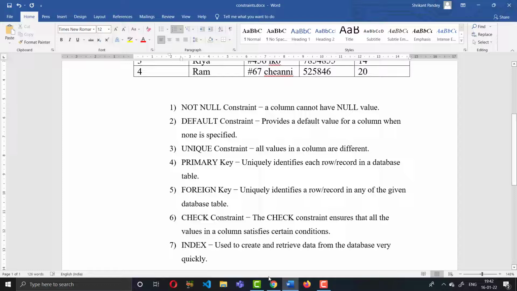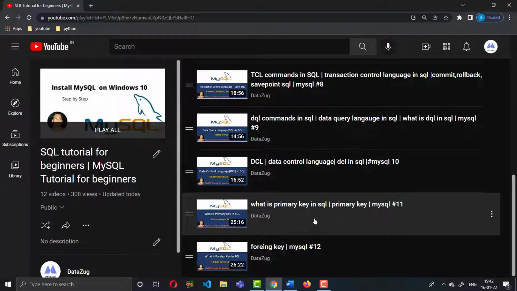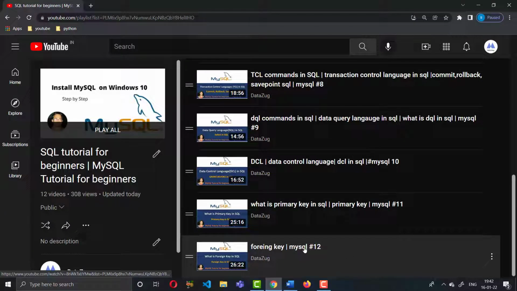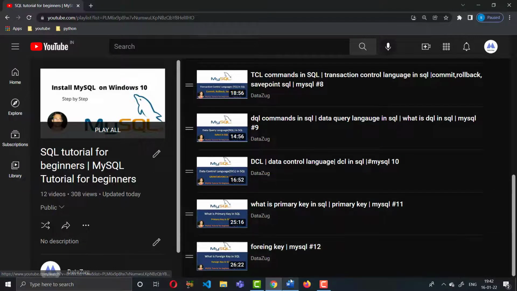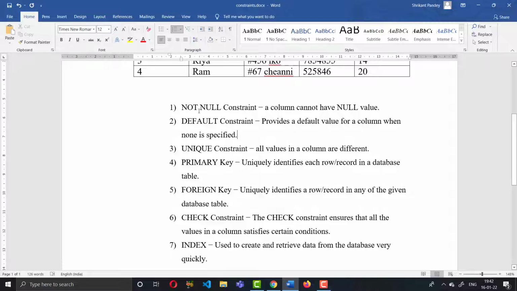I have already explained primary key in video number 11 and foreign key in video number 12, so I will not explain them again. Please watch those two videos about the primary key and the foreign key. I will implement not null, default, unique and check, and index I will cover later.